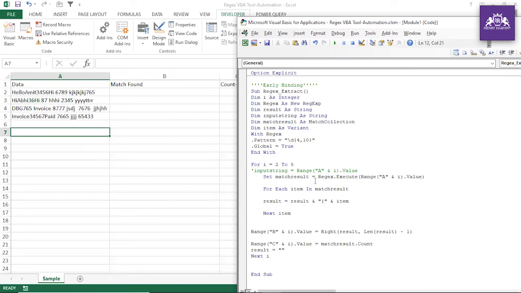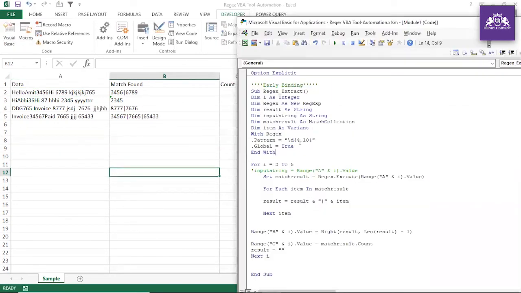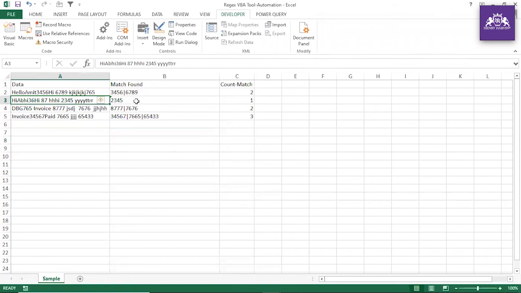All right, so now you run the code. Now you see the magic. We have restricted the range of the digits. If you look at this, only 2 digits are meeting the criteria, because minimum 4 we want to extract. This is called minimum 4, maximum 10. And if you look at this, only 1, 2, 3, 4, 5 is meeting the criteria. And if you look at this, these two guys are meeting the criteria. This is just 3 digits, okay?